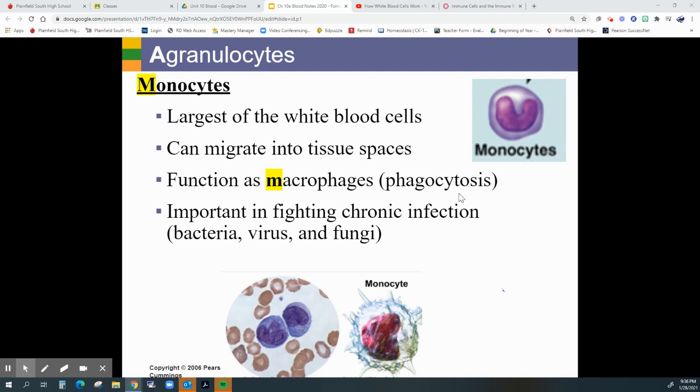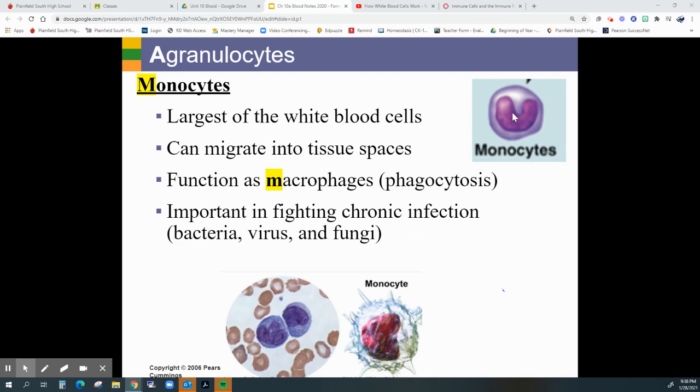I'll see if I can't find it. I didn't find it before I started this lecture, but there's a video of a monocyte, a macrophage, actually chasing a piece of bacteria around inside of a cell or inside of a blood vessel, and then finally eventually engulfing it. Okay, these guys are really important in fighting chronic infections, so bacterial and virus and fungals that get into